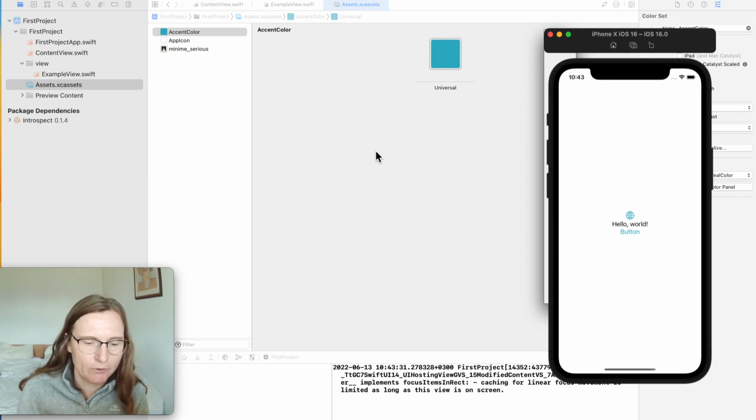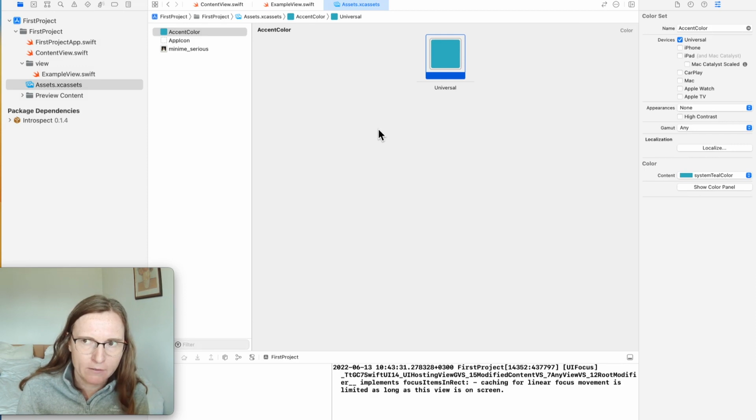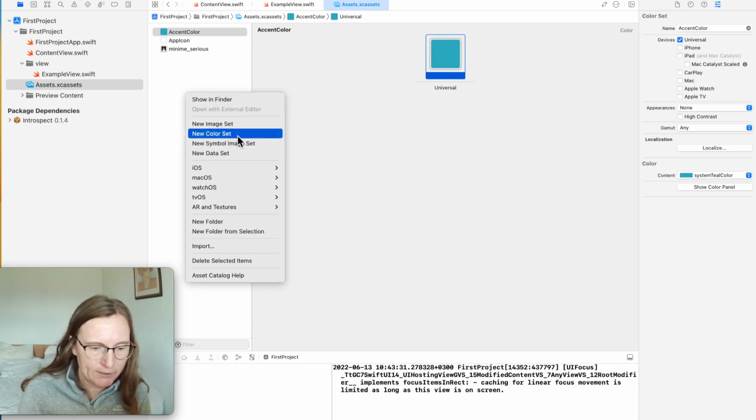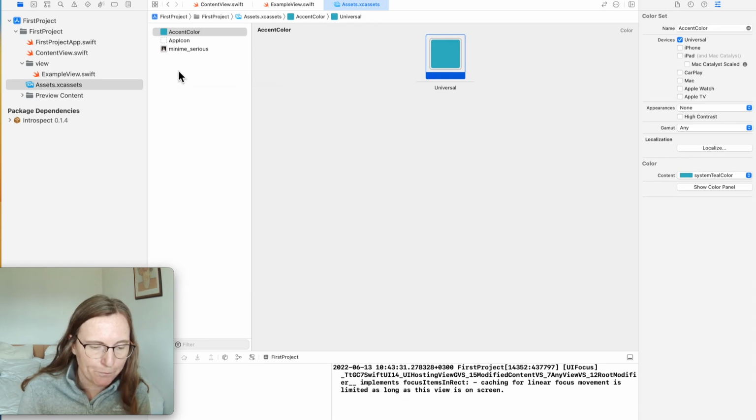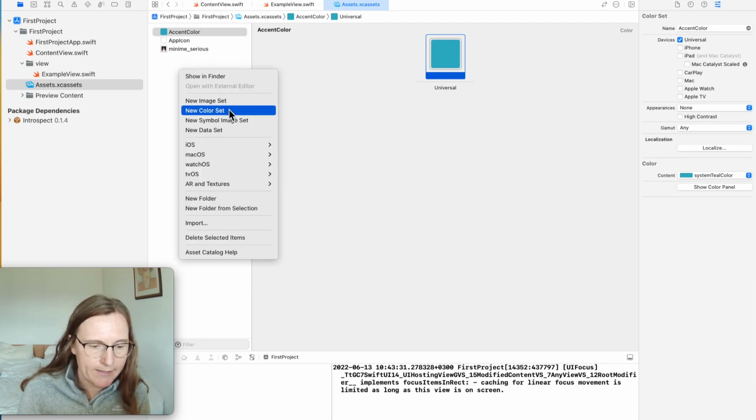But definitely don't use black for the accent color. It should be something colorful, because otherwise the button needs to look clickable, and usually buttons from all the other apps have a color. So you can just use some bright, strong color. If you want to have more colors, in order to add more of these assets, we can add here more colors or image sets,